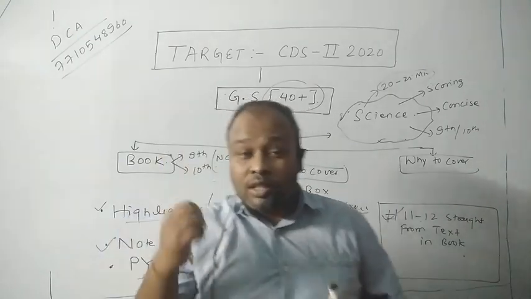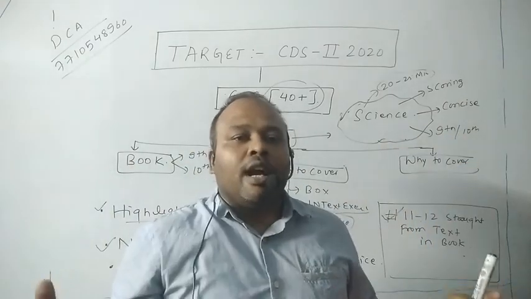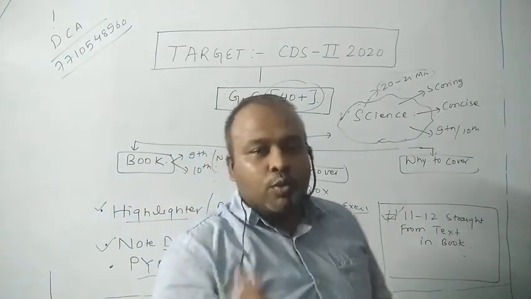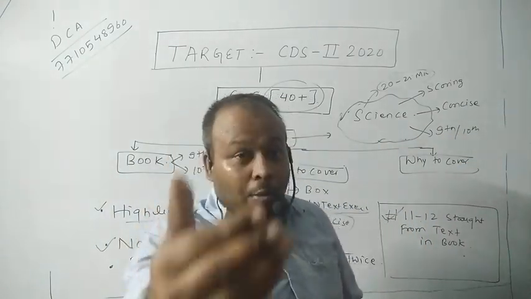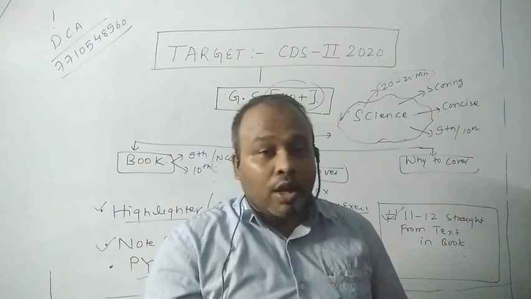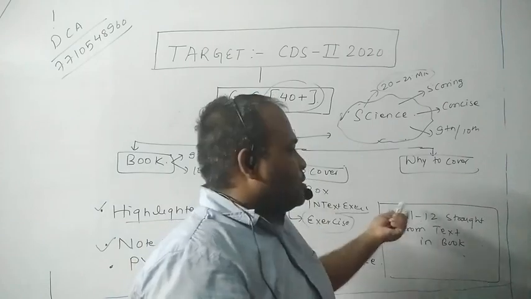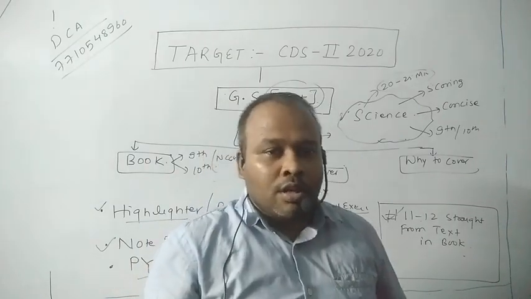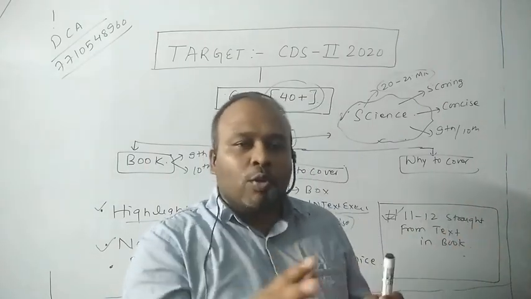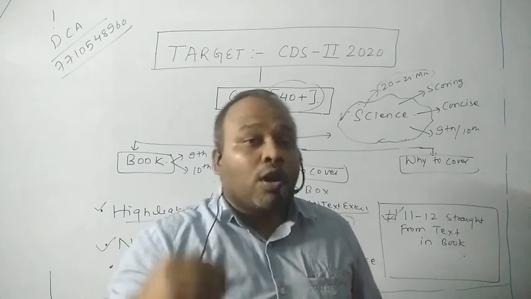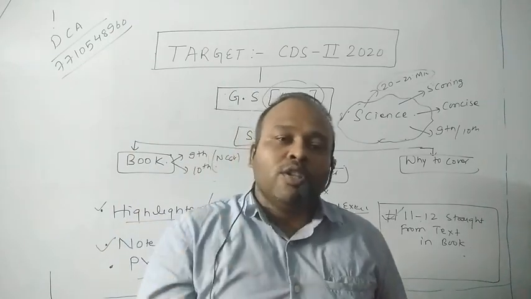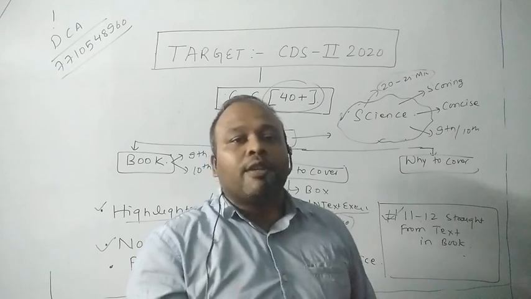Now, those who are looking, this is for an average guy, maybe not so good in science, but you need to do these things. If you are very good in science, maybe you're from a good elite engineering college, then perhaps you don't need to read the text, you can read the boxes, right, and practice a few previous year questions. See, even an average student easily does 12 to 13 questions, but if you want to maximize the score, then you need to do at least 21 out of 25 correct.